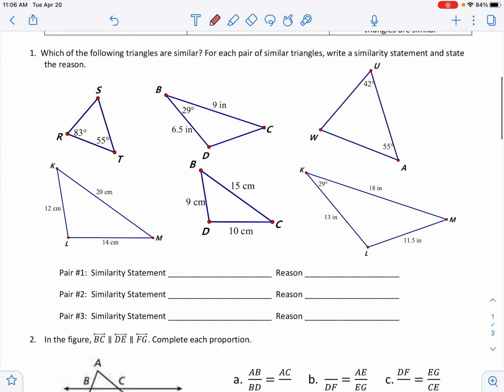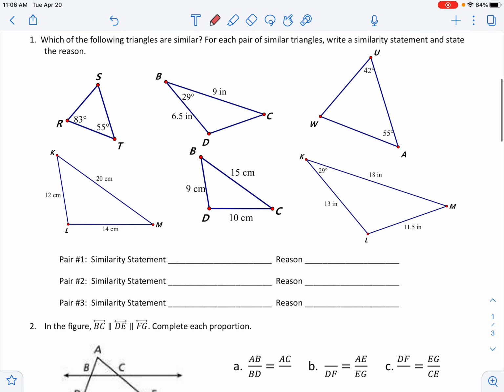Looking here, it says which of the following are similar, and we want to write the similarity statement and state the reason. So just looking at them at first glance, this first triangle here, RST, I see that angle R is 83 and angle T is 55. I don't see any other triangle that has 83 and 55,